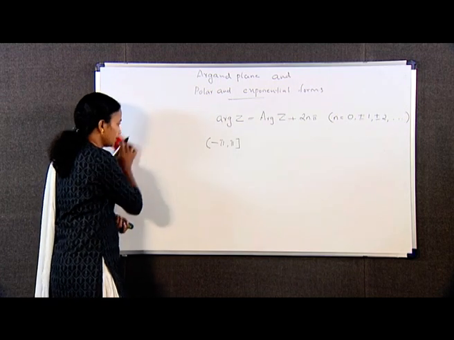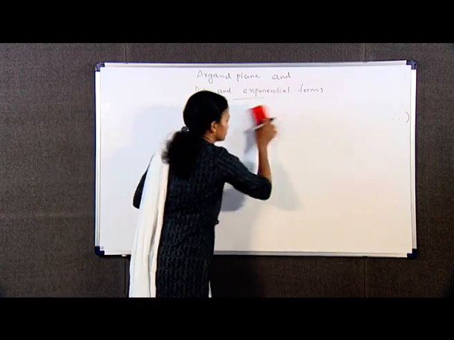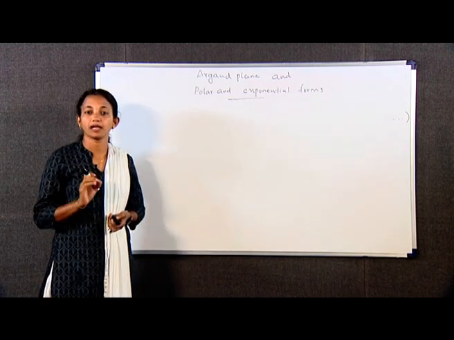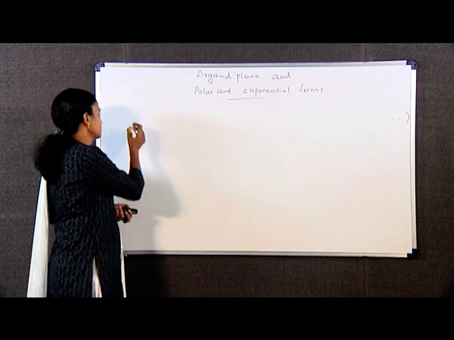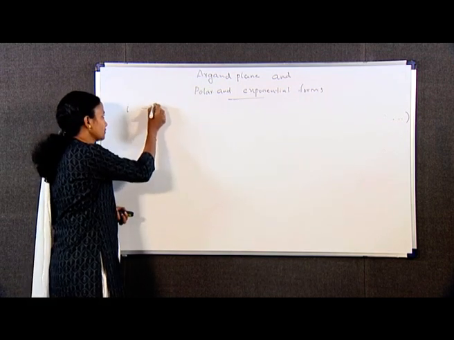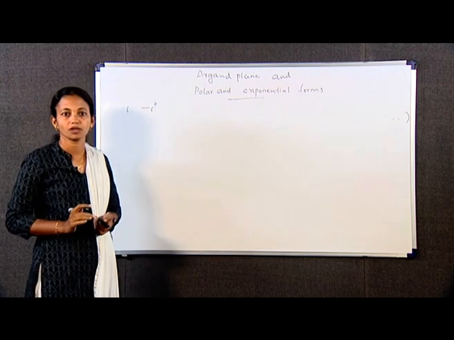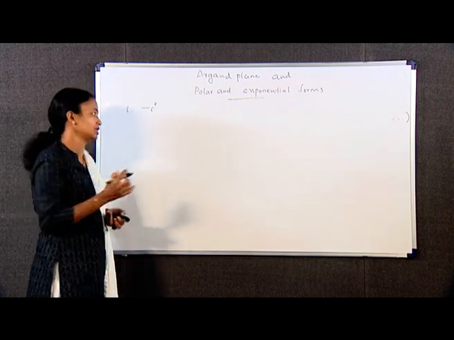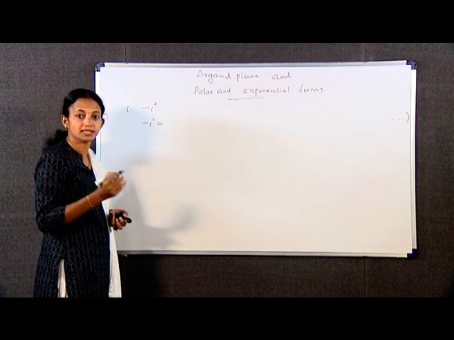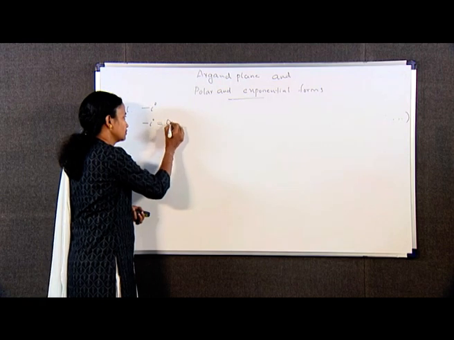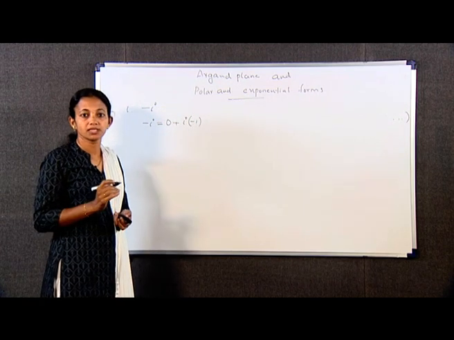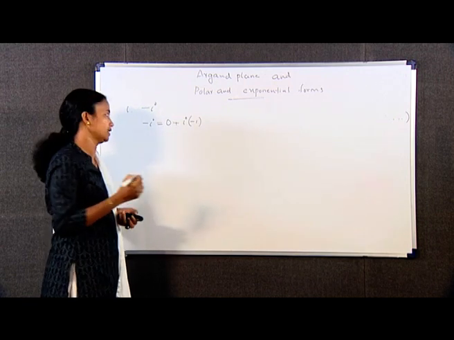Next we have an example. Find the principal amplitude of minus i. First one, principal amplitude of minus i. Note that we can write minus i is equal to 0 plus i into minus 1. This corresponds to 0, minus 1,